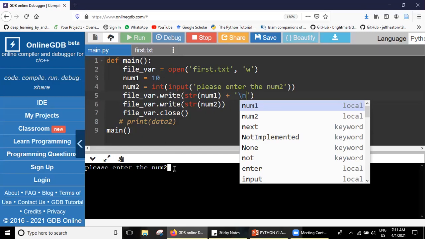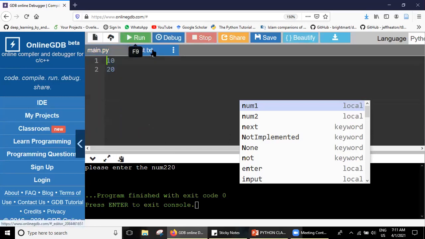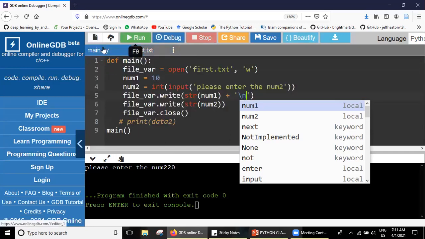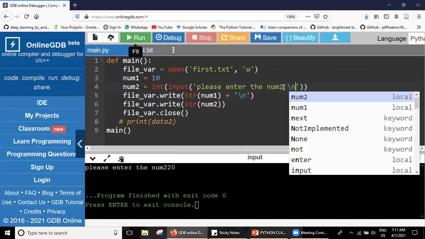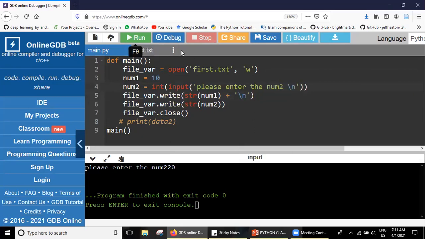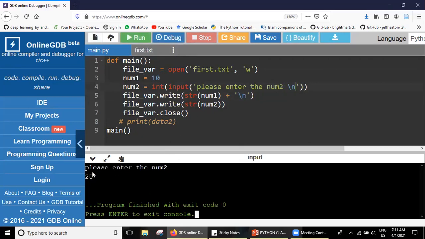This time I'll carefully give 20. Yeah, this time we got it the correct way. Let me keep a \n to not confuse me much, so the cursor will be down and then I can easily enter the 20.